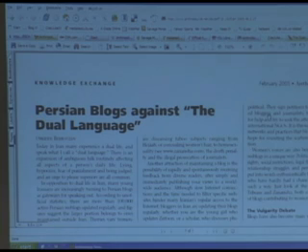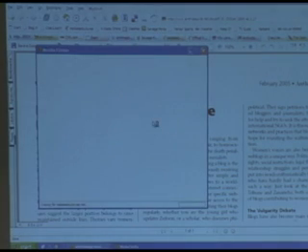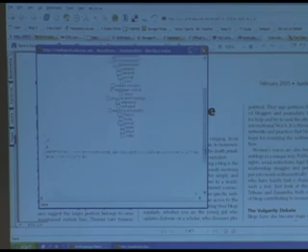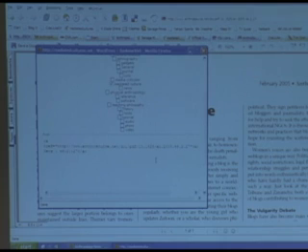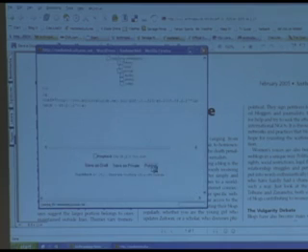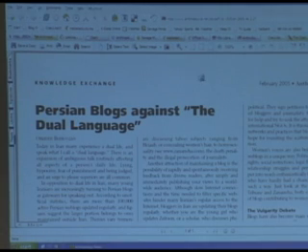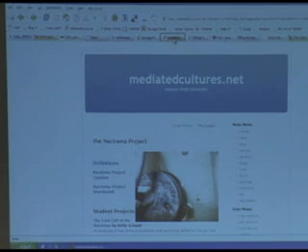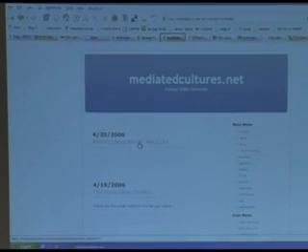Now here I am at this site, and I think, oh, this is very interesting. I want my students to read this. Normally I'd have to copy the address and send it to my students. Now instead, I can just click this little button here, which says blog it, and it opens up a window, and I can click on my students and say, here's a thing on, we call it mediated culture, like anything on blogs and those types of things. I publish it, and that will immediately show up on the blog back at Mediated Cultures.